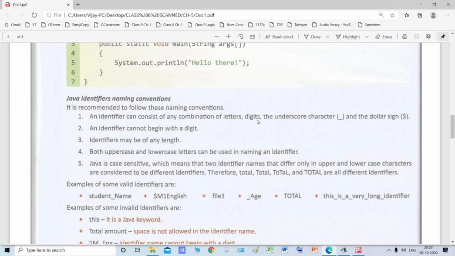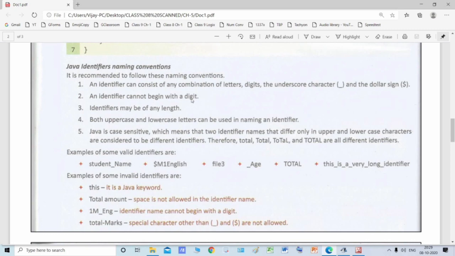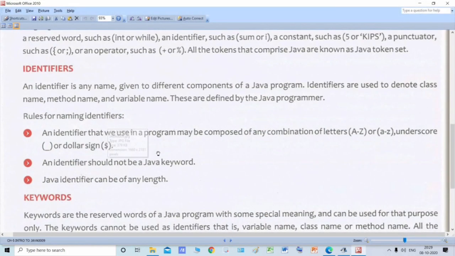You can also use digits from 0 to 9, but an identifier name cannot begin with a digit. That means the start of the identifier name should not be a digit. After the first character, it can be a digit. Then you can also use the underscore and dollar sign. So you need to remember this.